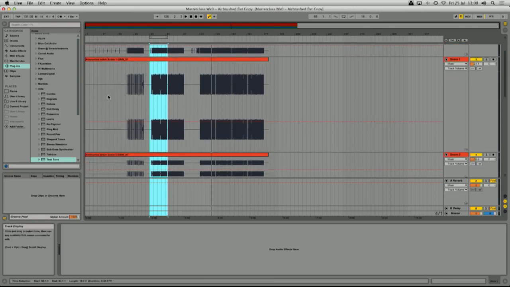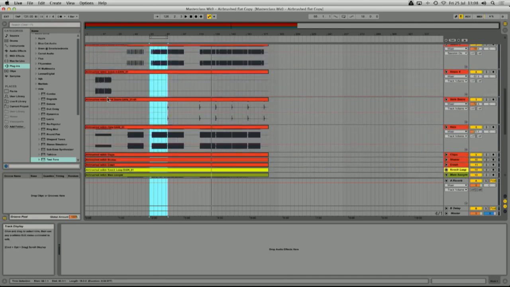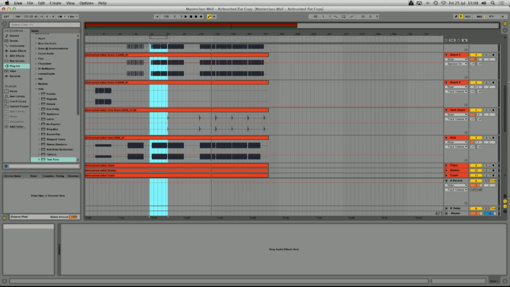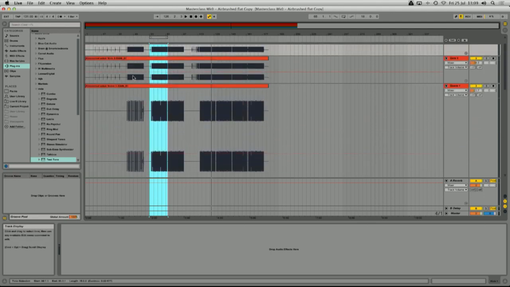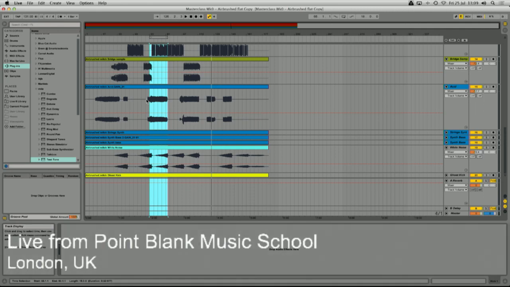The first thing you'll notice here is that everything is audio. Everything that I'm working on in the session here is audio. Now, in my videos for the course, that's exactly the same. Everything that I work on, all of the individual tracks are rendered audio, because I really do think that it's a really good habit to get into, to mix your tracks, to basically separate that mixing phase from the